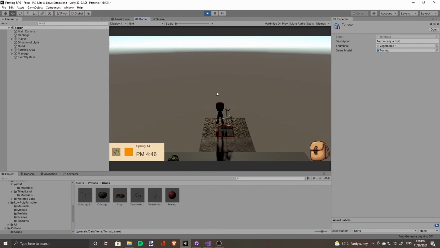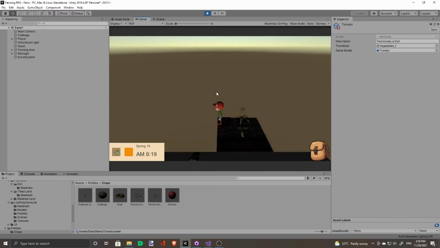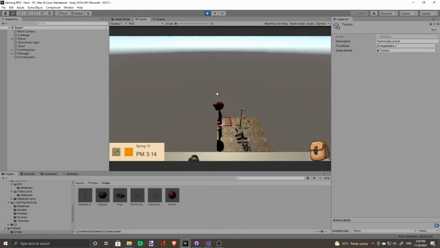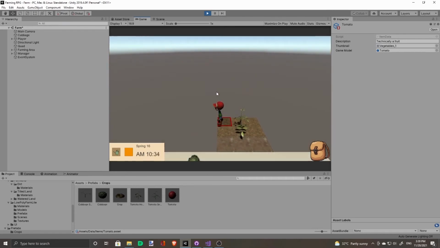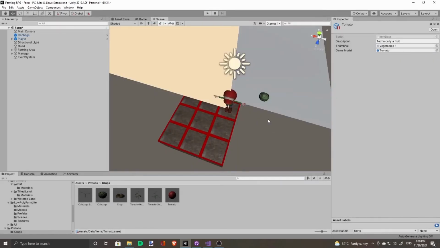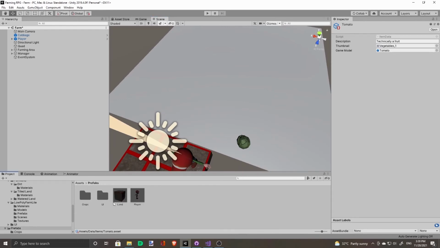So there should be a way for the plant to die. Like if I just stop watering it, it just won't grow. But by right, after a few days of not watering it, it should start to die. And that brings us to our wilting system. So how do we make plants wilt? Let's create a...